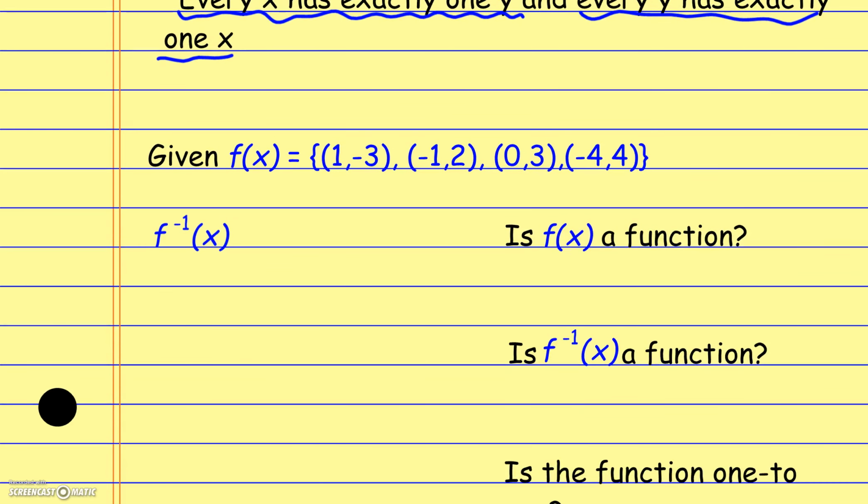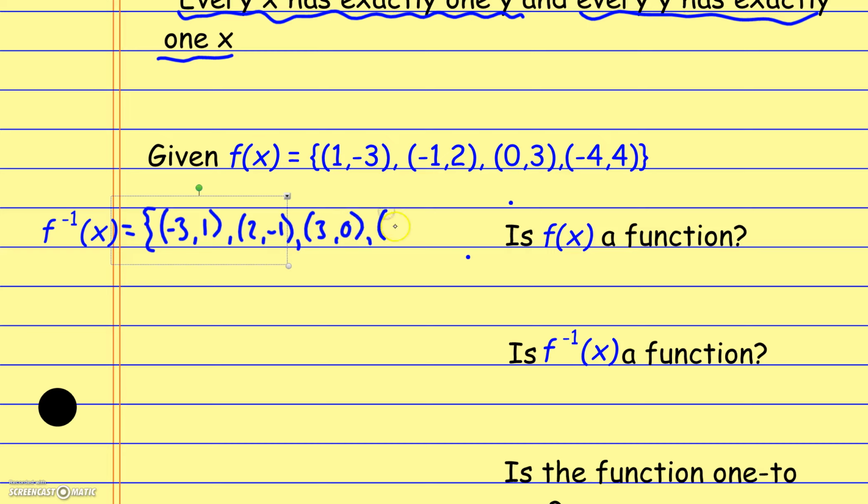If I look at this one, again, I'm going to find the inverse here. I'm going to scoot that off to the side, give myself a little space. I flip each of these ordered pairs, so I've got -3, 1, and then I've got 2, -1. And then it looks like 3, 0, and then 4, -4. Okay, so I write out each of these ordered pairs,